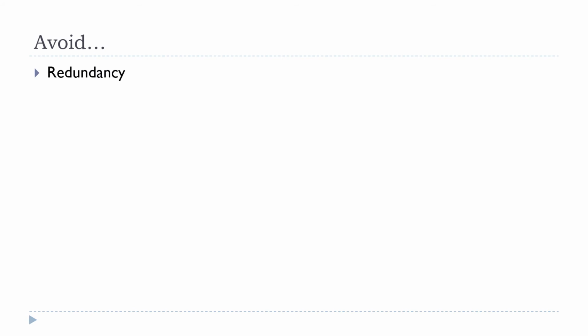This is just a general note when you're working on your rough draft. It's important to attempt to avoid redundancy. So if, for example, you go into a lot of detail about a study and then mention it again later in the paper, you don't have to retread over old ground. You could just refer to the fact that you talked about it earlier in your paper, rather than repeat the same information over and over and over again.